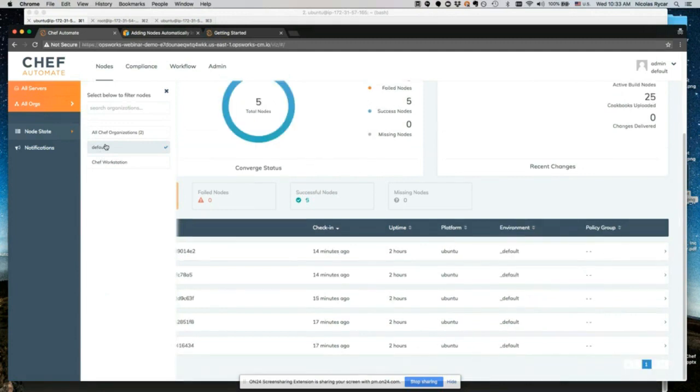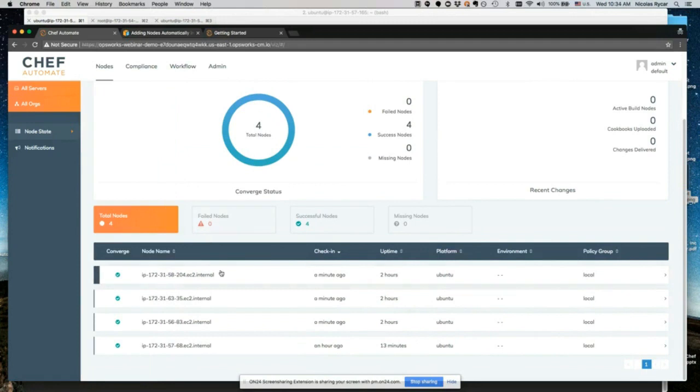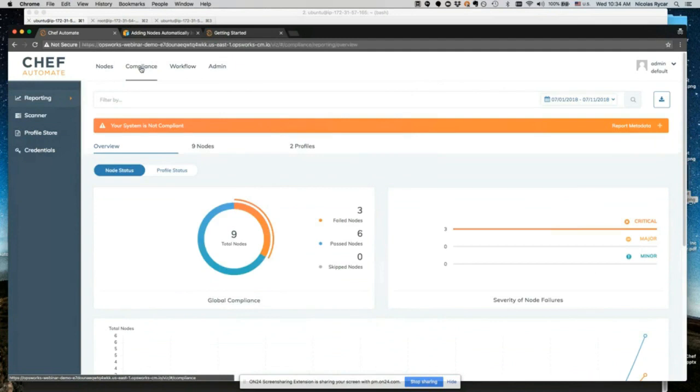These are the ones that have been launched into my auto-scaling group and bootstrapped with Chef. But we can also see which ones were configured with Chef Workstation, which includes a test node that I ran this whole process on an hour ago to make sure everything was looking good, and the 3 nodes we just created. If we want to close the loop, however, well, remember, I didn't choose to set up a recurring scan,